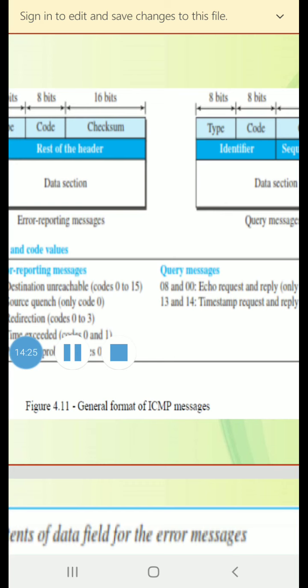Error reporting messages report problems that a router or a host, which is the destination, may encounter when it processes an IP packet. Query messages occur in pairs.